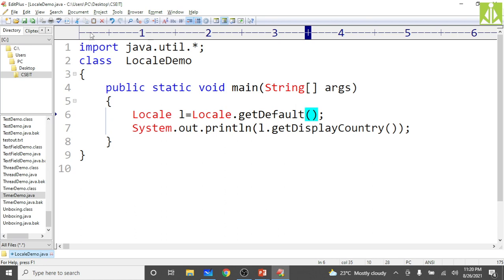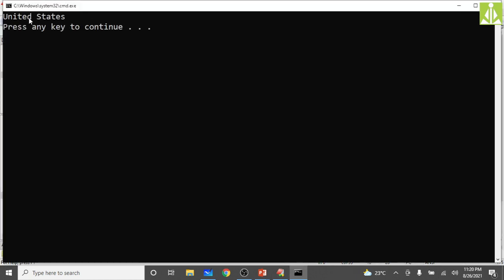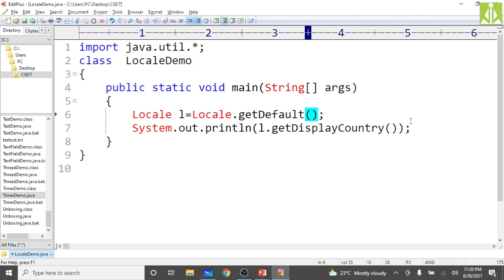Okay, it is successfully compiled. Now run. As you can see, it is printing United States only, so it is not going as per the system defaults, it is going as per the package. So in order to get a different thing, let me see what we can do.